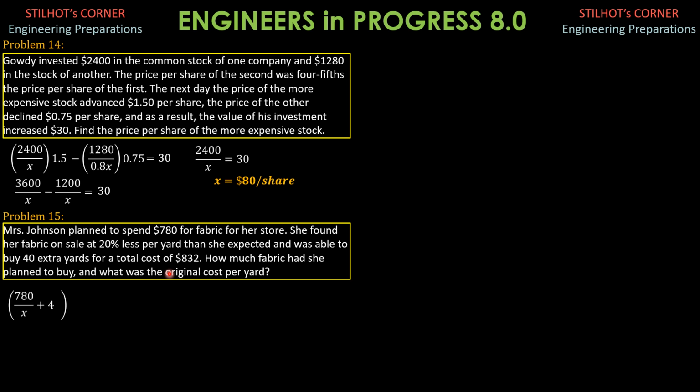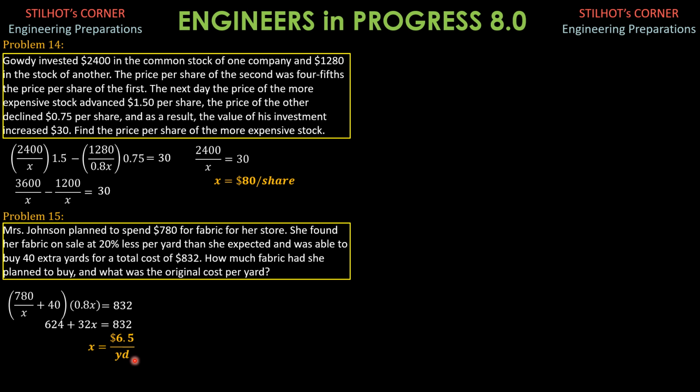So 780 over x plus 40 times 0.8 of x. This is the actual price because it is 20% less per yard. Then we equate it to 832, the actual amount she paid. Cross multiply. So we have 624 plus 0.32x, 40 times 0.8, 0.8x is 32x, equals 832. So 32x is 832 minus 624, or x is